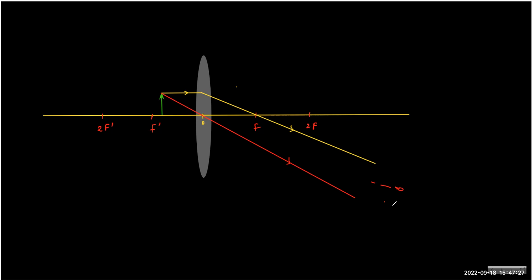So there is no question of a real image. A real image means the real intersection of light rays. So when they fail to intersect in the direction of propagation, what do we do? We proceed backward. We look for the virtual or hypothetical intersection. So you extend the light rays in the backward direction because you fail to get any intersection in the forward direction. So the only choice is